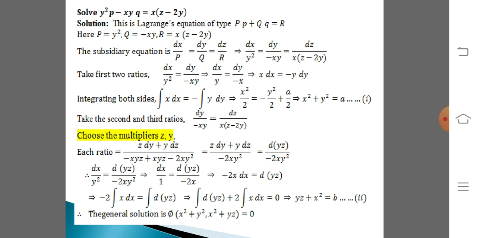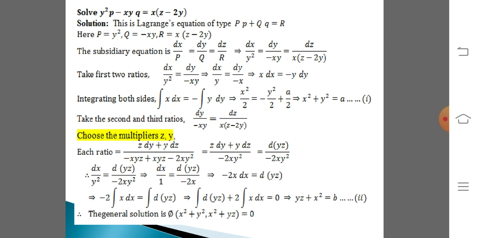Next, let us take up another problem. Solve y square p minus xyq equal to x into z minus 2y. The given equation is exactly of the type Pp plus Qq equal to R, where P equal to y square, Q equal to minus xy, and the value of R is x into z minus 2y. Therefore, the auxiliary equation or the subsidiary equation is dx by P equal to dy by Q equal to dz by R, that is